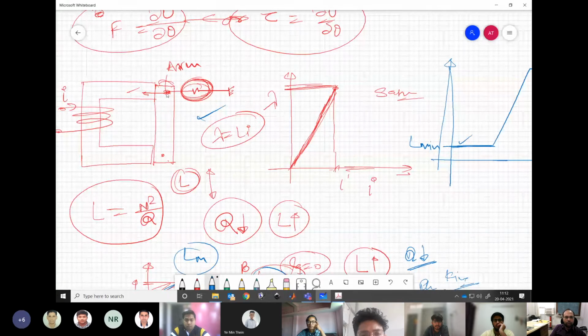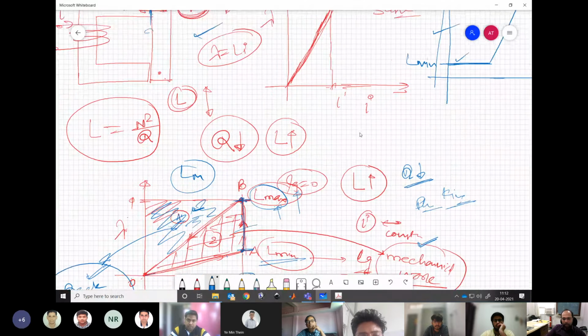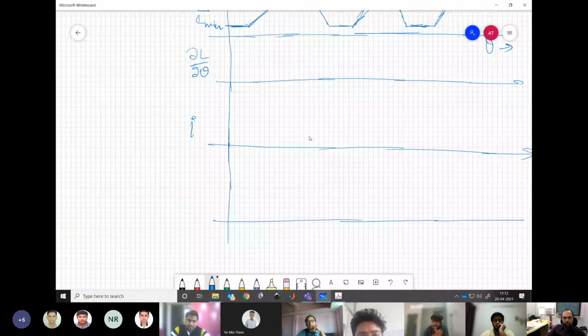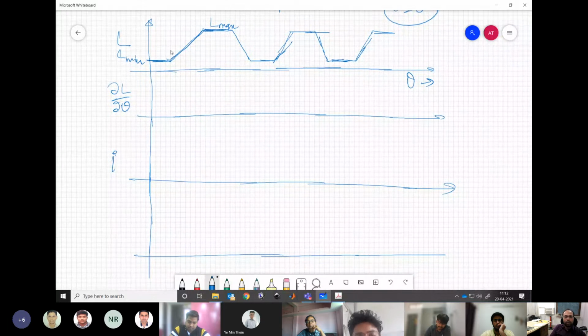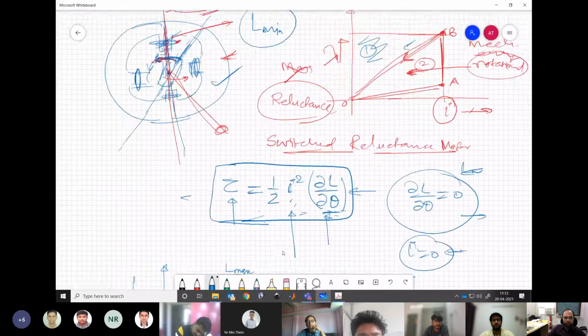Otherwise, there are only two possibilities for this plunger when we talk about the C core. There is no continuous rotation or continuous change after L max. It has come to the maximum inductance value, and that's all. It will stay over here. So this is the condition here. But in case of rotation, our rotor is continuously moving, which means it will cross through the minimum and maximum positions several times while it is going from theta equal to 0 to theta equal to 360. You can see over here.